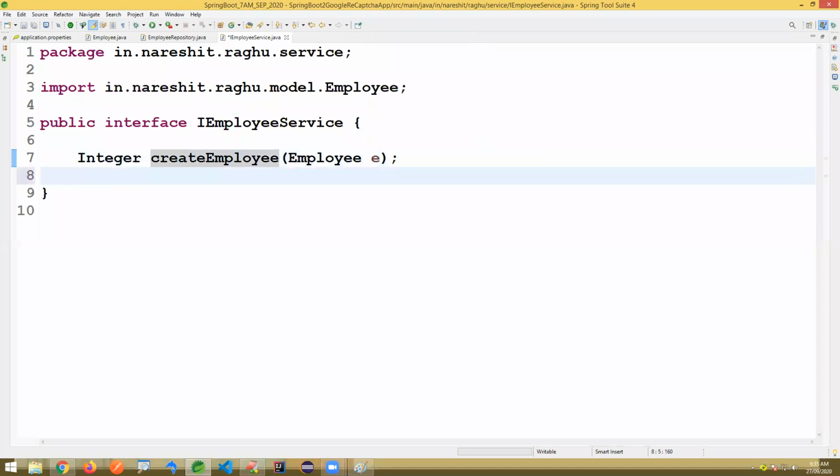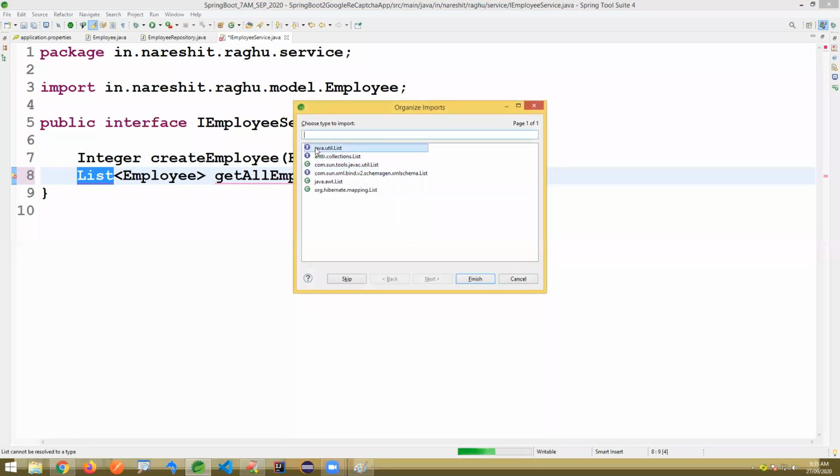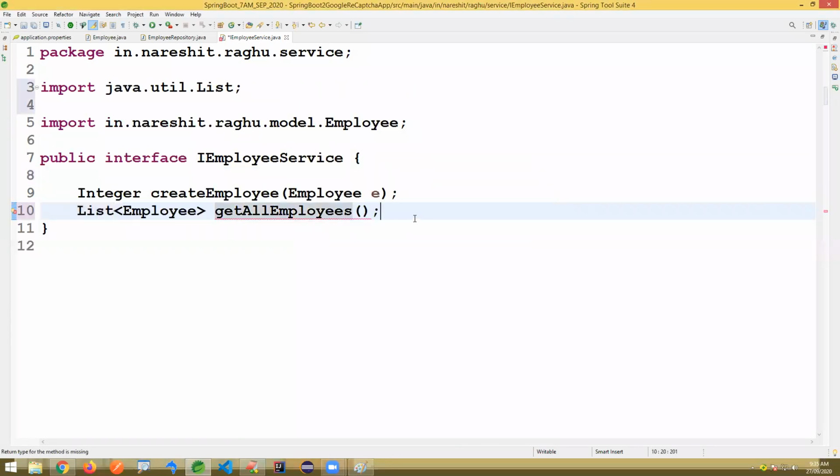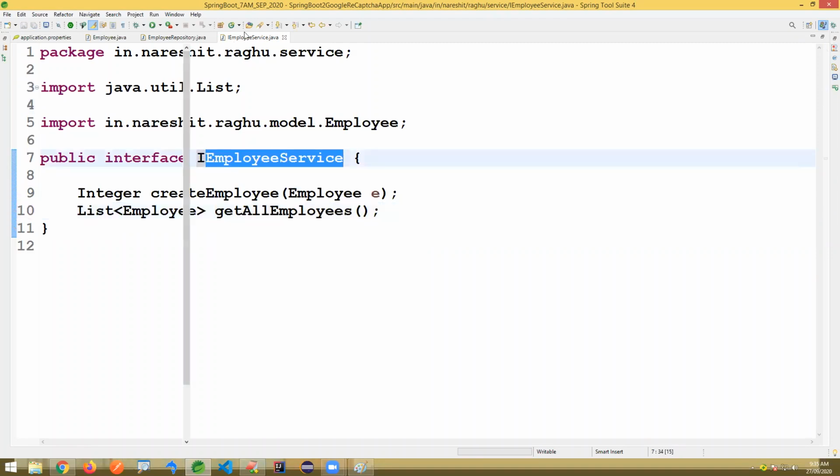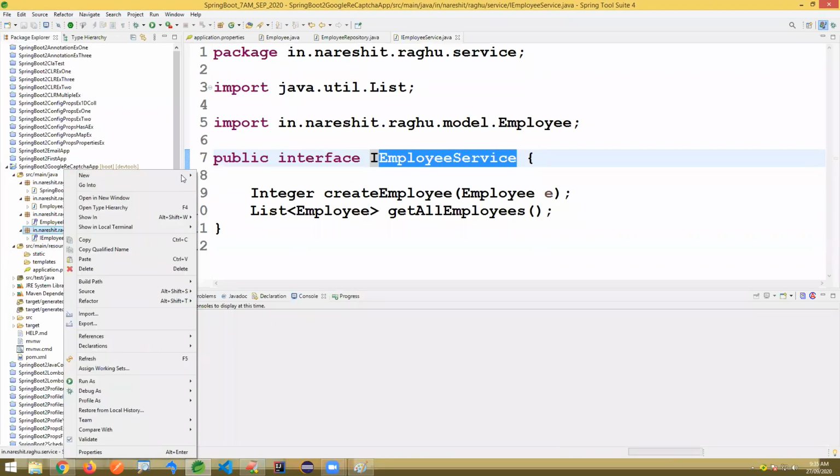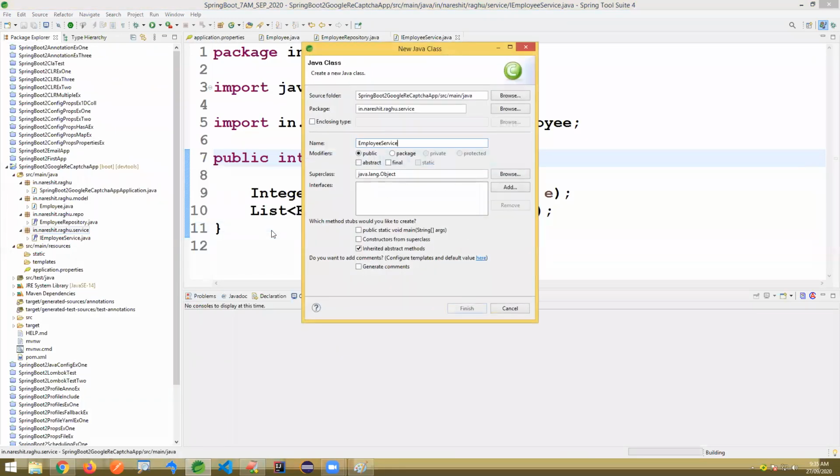In the same way, I'm writing one more method, getAllEmployees, which returns the data in the form of a list of Employee, fetching all the records from the database. These are the two simple methods I'm writing here. And for this I'm writing an implementation class, EmployeeServiceImpl.